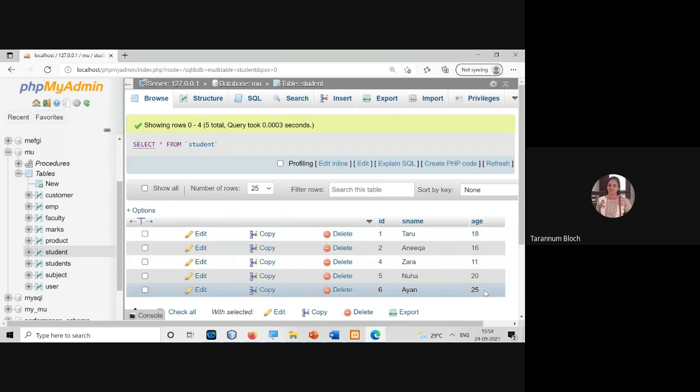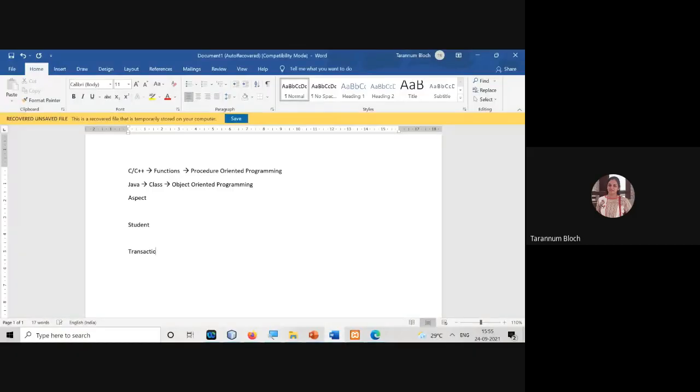Now what I'm doing is I have another table, marks. Now understand the scenario. When I say transaction, transaction is about multiple DML operations together, right? So here what I have done is my transaction starts and I'm going to make an entry. I'm going to insert in the student table, right?